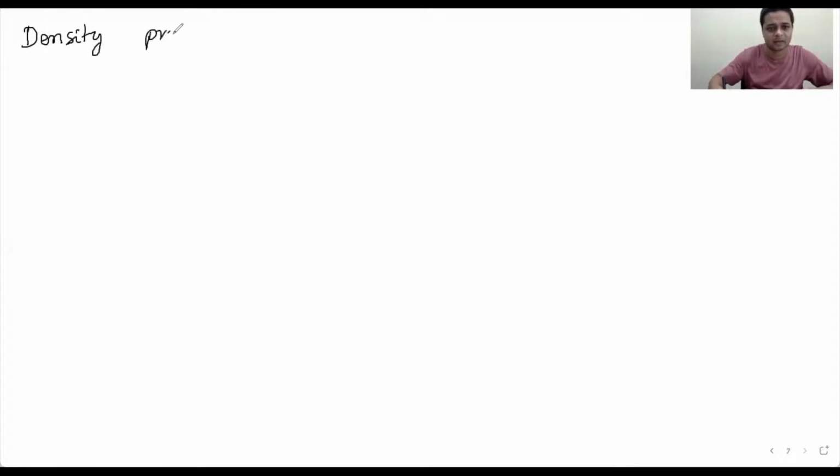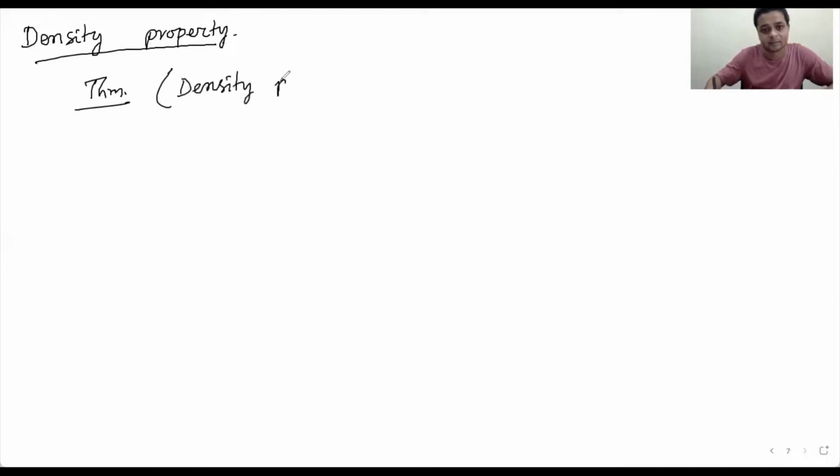Let us state it as a theorem. Theorem, density property. It says that